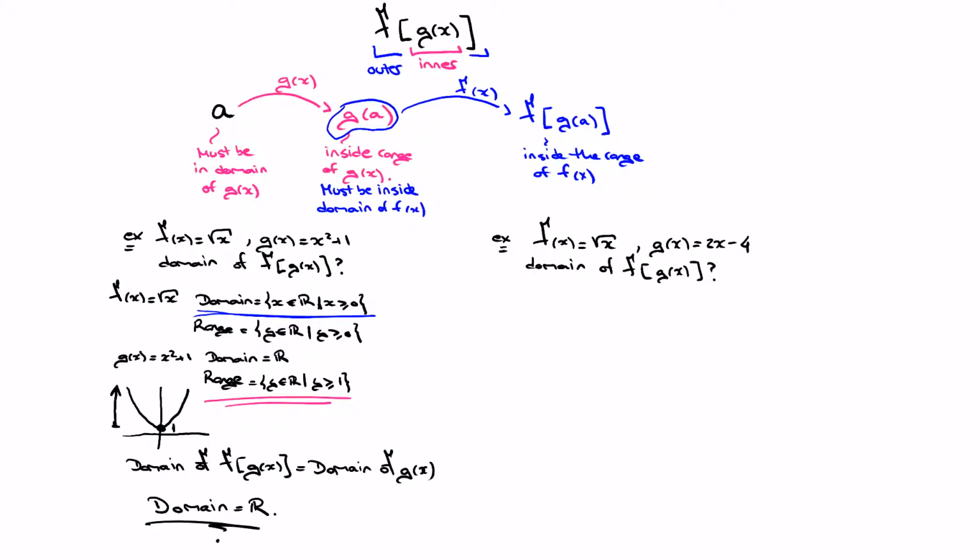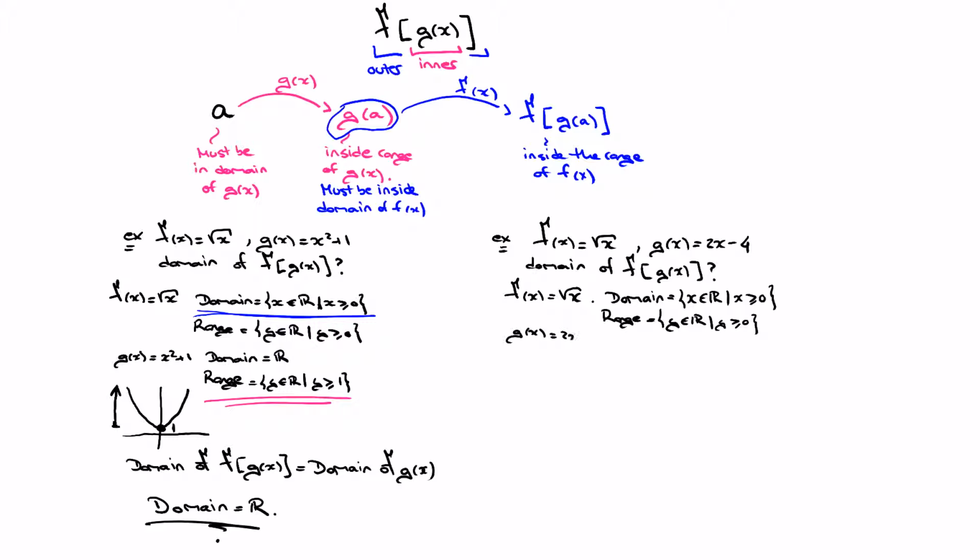Well, once more we start by looking at the domain and ranges of each of these two functions. We've already seen that f of x equals the square root of x has domain equal to all real numbers such that they are greater than or equal to 0. We also saw that its range was all real numbers greater than or equal to 0. Okay, and now the inner function,